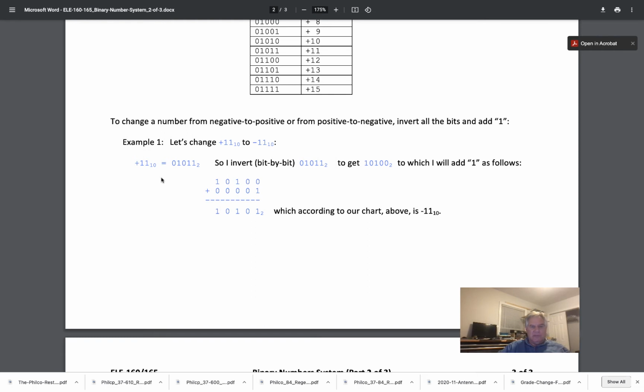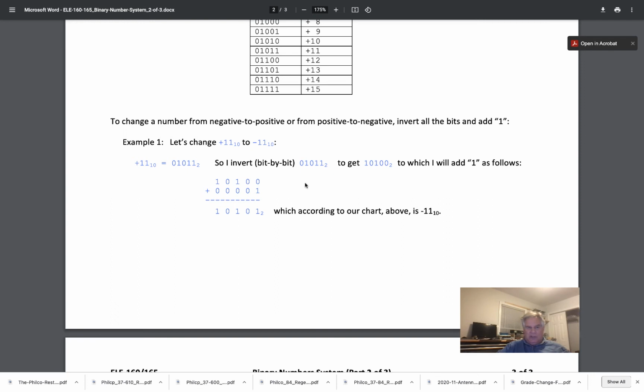Now, plus 11 base 10, we're going to need a 1 and a 2. That gives us 3. No 4s. And we need an 8. So 8 plus 2 plus 1 is 8 plus 3 is 11. So to convert that to minus 11, I invert 0, 1, 0, 1, 1 bitwise to get, okay, the zeros become 1s. Instead of 0, 1, 0, 1, 1, I get 1, 0, 1, 0, 0, to which